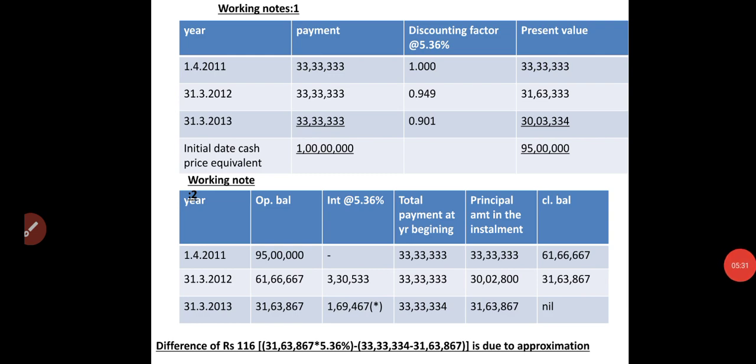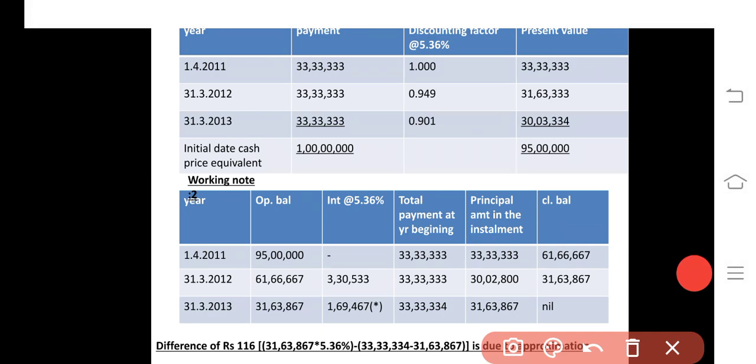Say on 1st April 2011 they sold a particular property with 3 equal installments, but they received the first installment on 1st April 2011, right? On 1st April 2011, that is the first installment